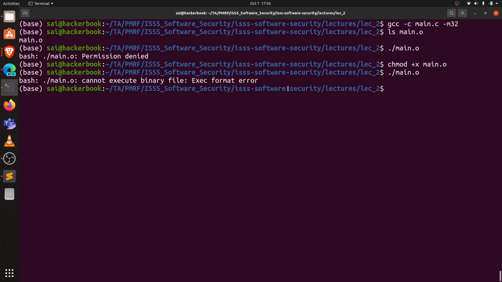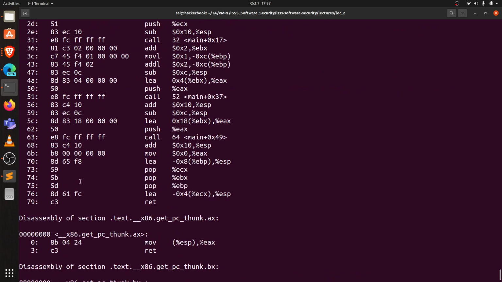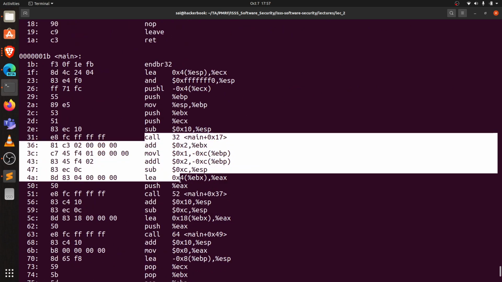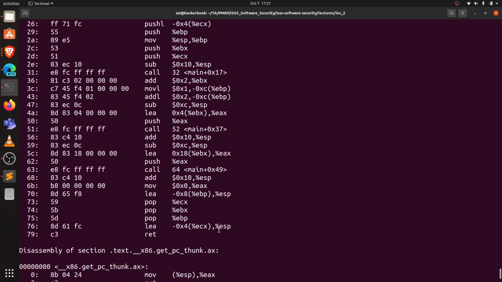So basically what the wrong format is, if you look at the contents of the binary, if you look at the objdump of this binary, what happens is, specifically if you look at,